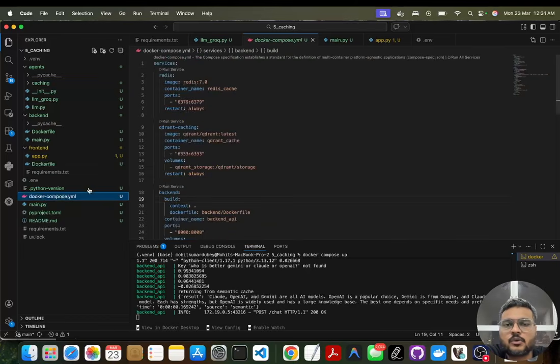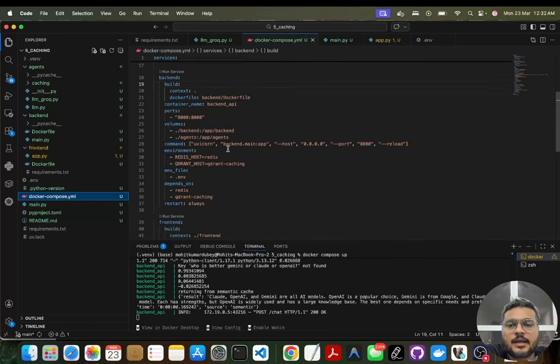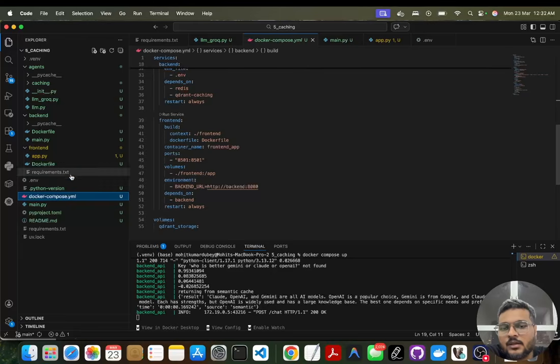And there is a Docker Compose, where I'm bringing my Redis image, bringing my Qdrant image, and then setting up my backend and my front end to run it. Okay,